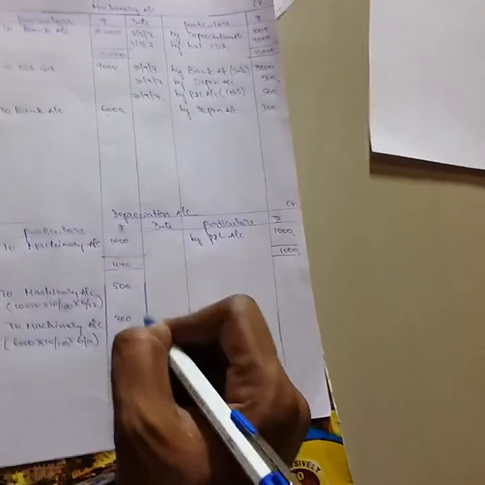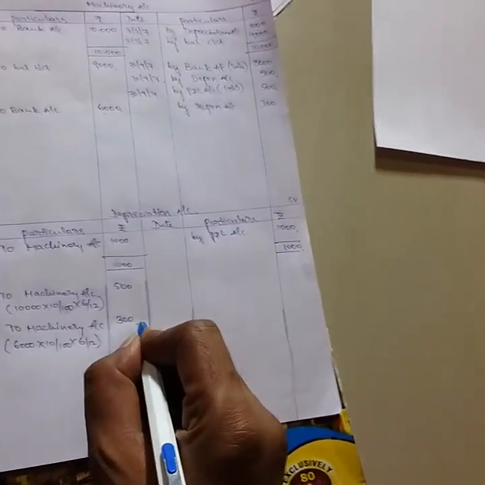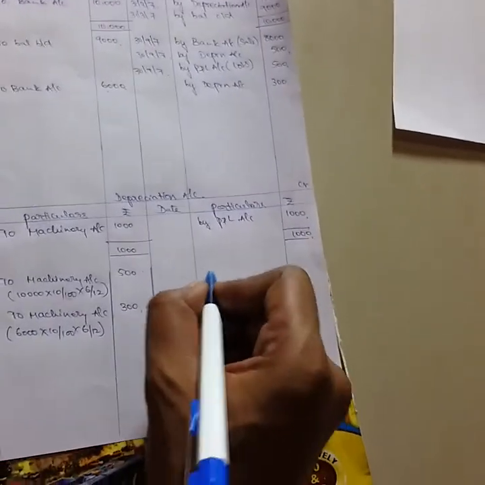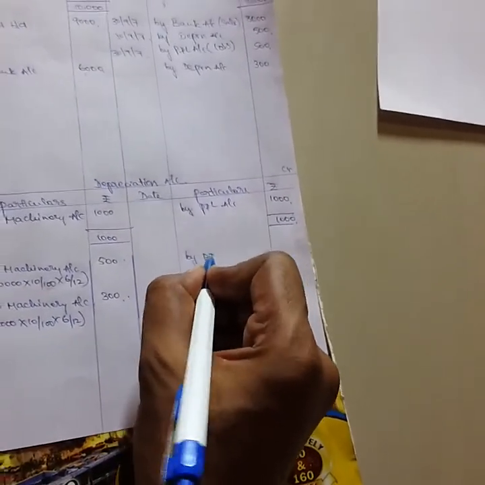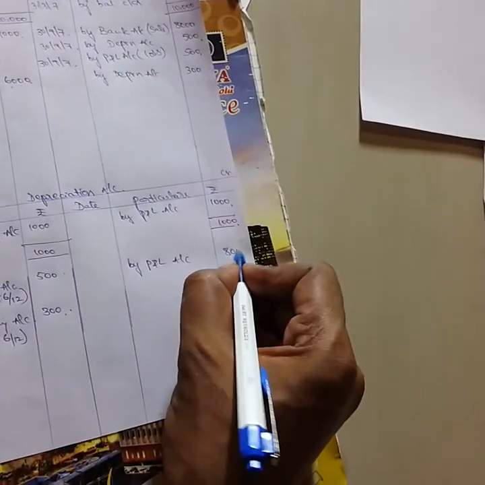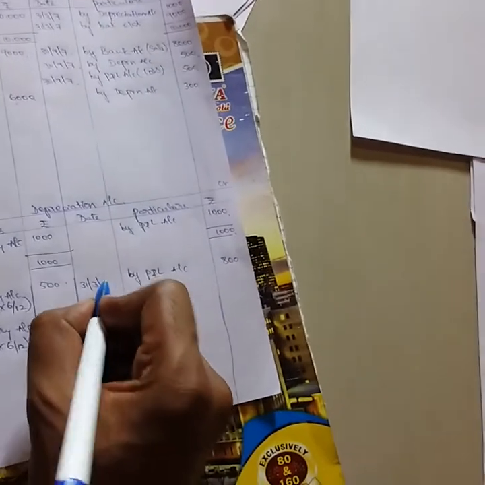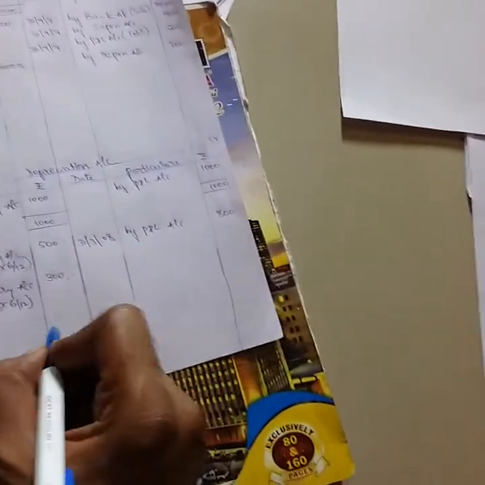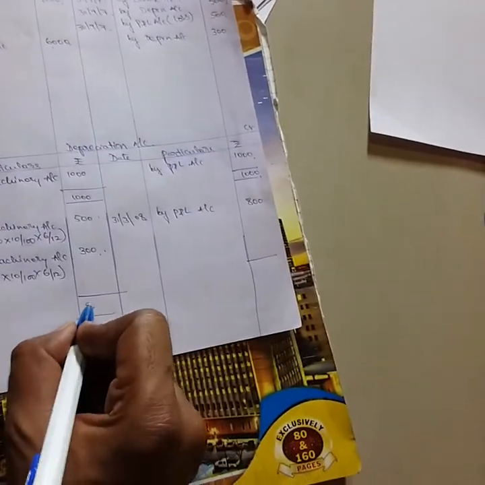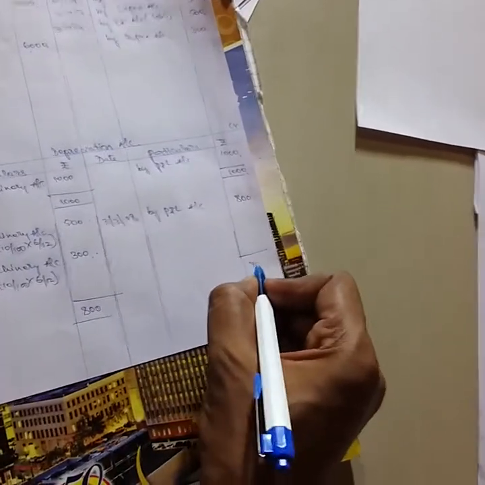Depreciation should be charged or transferred to profit and loss account. Total depreciation is 800. Journal entry: profit and loss account debit, depreciation credit by profit and loss account. So total depreciation is 500 plus 300, 800, which should be transferred to profit and loss account at the end of year. Now balance depreciation 800. Close machinery account.